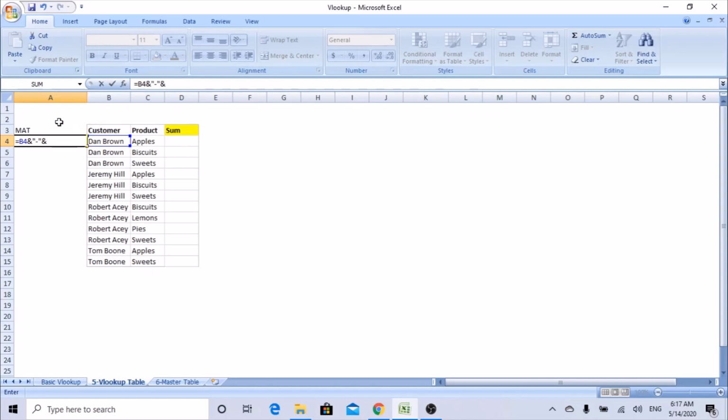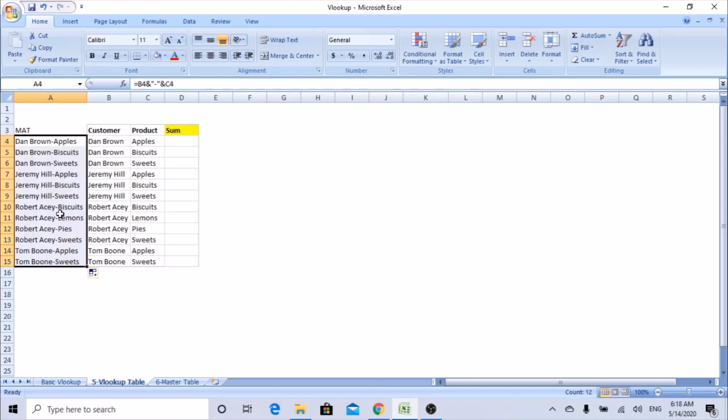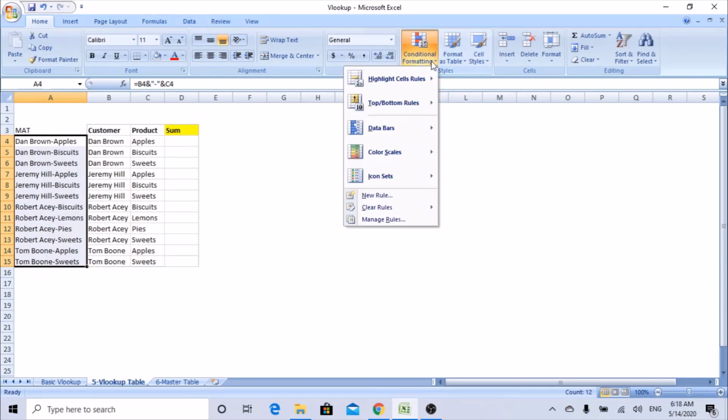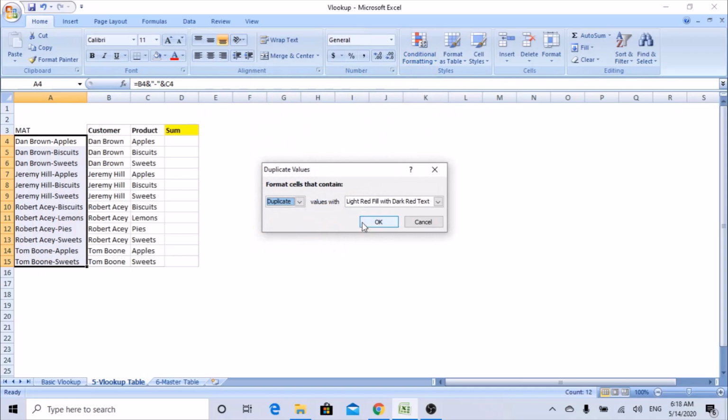and always remember when you add a text or a special character, you should start with the double quote and end with the double quote. So I'm adding a special character, so I started with the double quote and ended with the double quote, and then the next product, C4. Now you can see it is differentiating using the hyphens. Let's check whether this column is unique in nature. Highlight duplicates. Now you can see there are no duplicates highlighted here, and we are good to use this column.